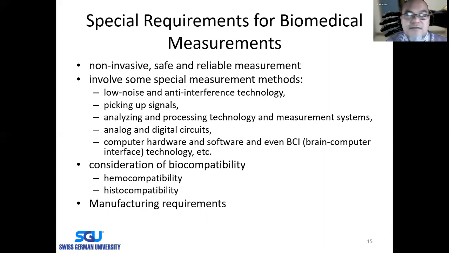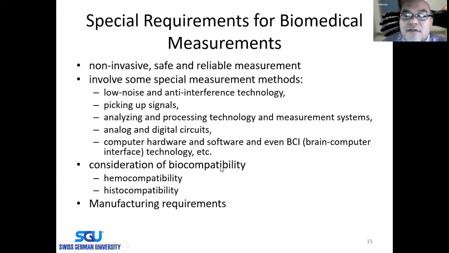Even the surrounding electronic equipment can be a source of interference noise for our sensor. Picking up signals, analyzing and processing technology and measurement system, measurement using analog and digital circuitry, computer hardware and software, and sometimes brain-computer interface technology. Then when the sensor is attached to our body or implanted inside our body, we also need to consider